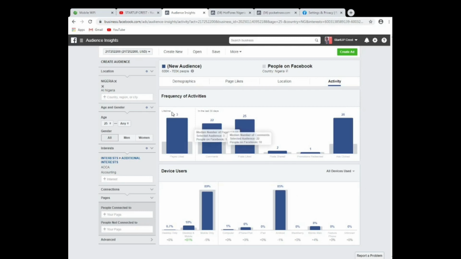Here we go. Let's look at the frequency of activities first. So how many pages have these people liked on average? 3, as against one page on Facebook generally, meaning that these people tend to like pages. How many comments have they made in the last 30 days? They have made on average 22 comments in the last 30 days, meaning they also engage with comments. In fact, higher than people generally on Facebook who have made 10 comments in the last 30 days. These people also like a lot of posts because they have liked posts 25 times as against 13 for people